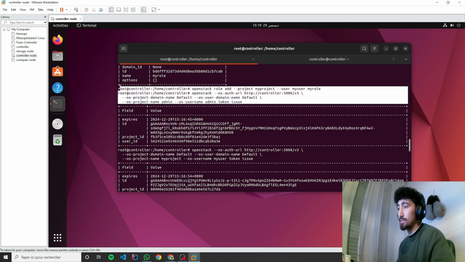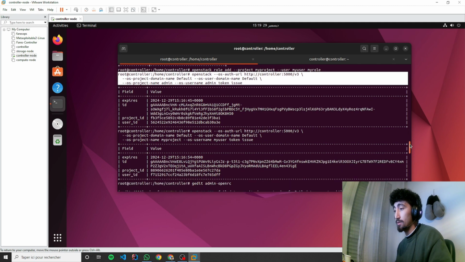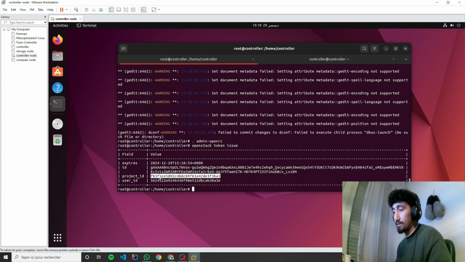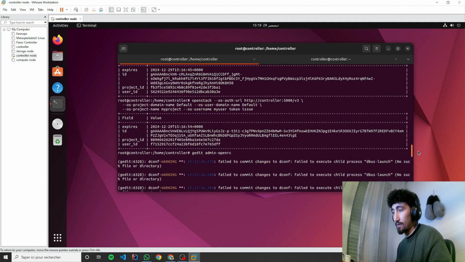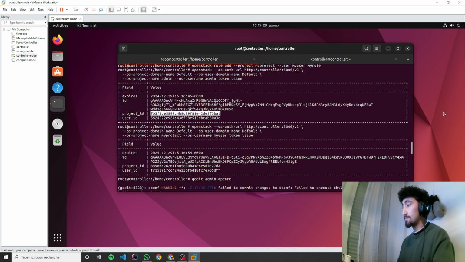So instead of writing all this code, we only need to edit a file and then source that file so we can load the variables. And you can see the project ID FB3F, and here FB3F, and for the user ID 562, we have only 562. This is the admin, and this is the admin project. Okay,